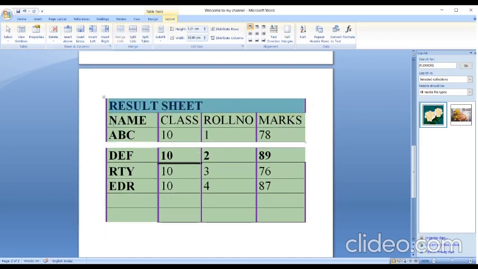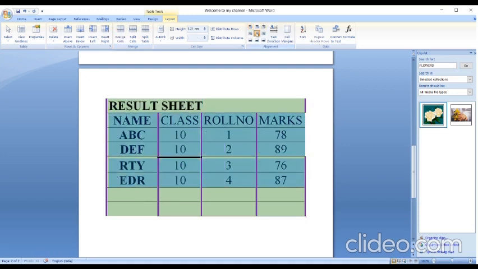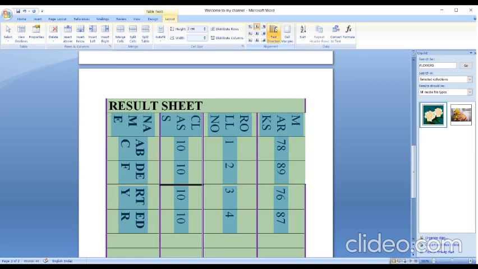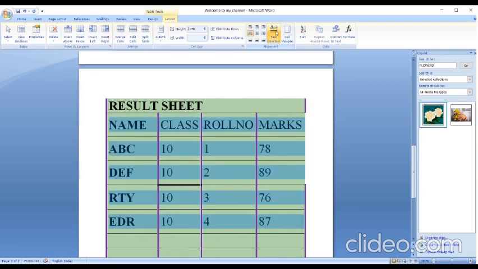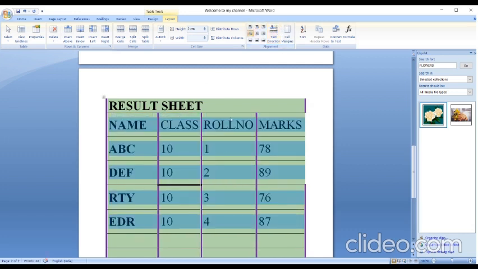If you want to align it in a different way, you can align it in the center, bottom, right, left. There are different text directions also that you can choose as an alignment. See, different alignments are there. Text directions are there.